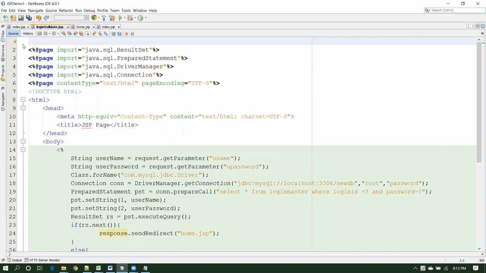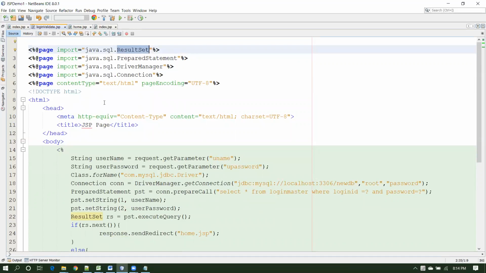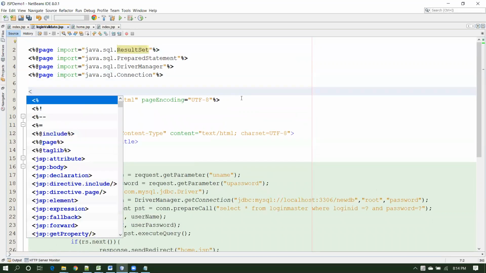Yesterday I was discussing the directives. So one directive we have seen, that is page, to import any class and interface in your page. One directive we have seen, that is include, to include any file in your application, that we have already seen. Another directive is called taglib. So here is your taglib directive. So at the rate taglib,